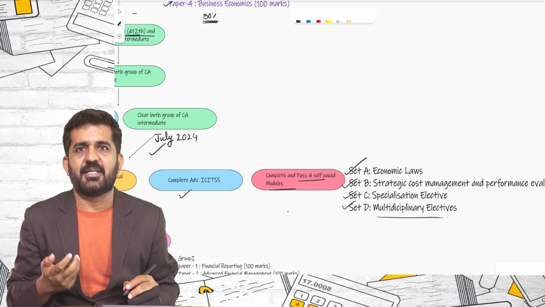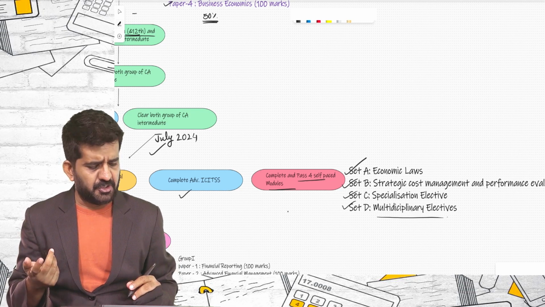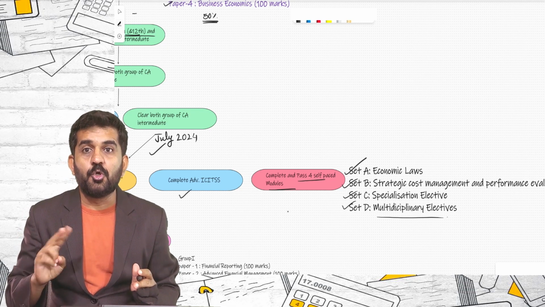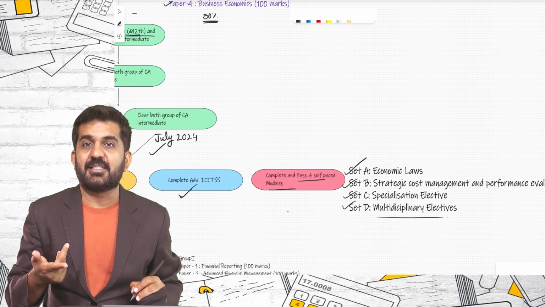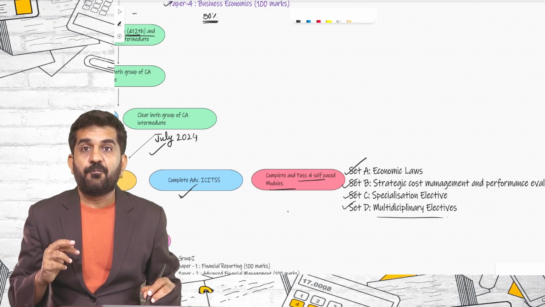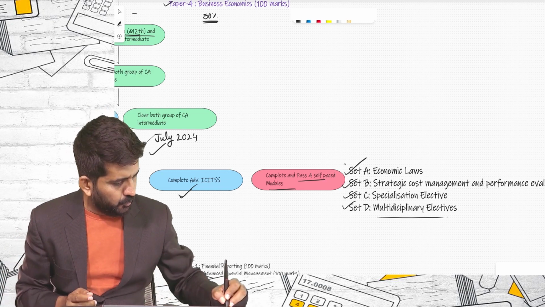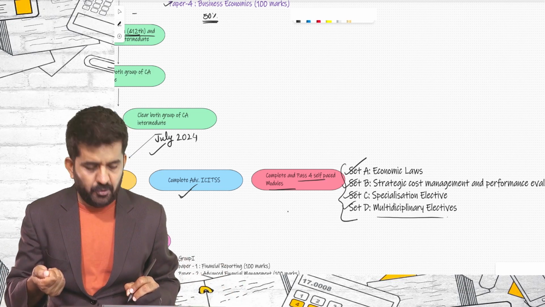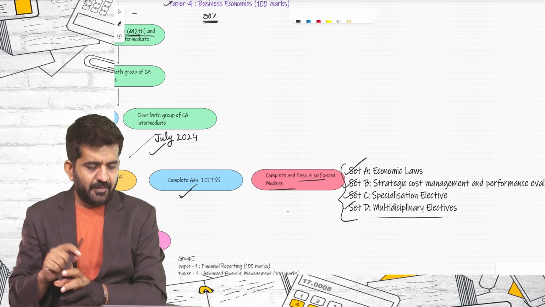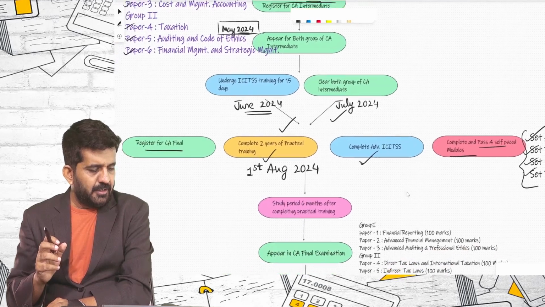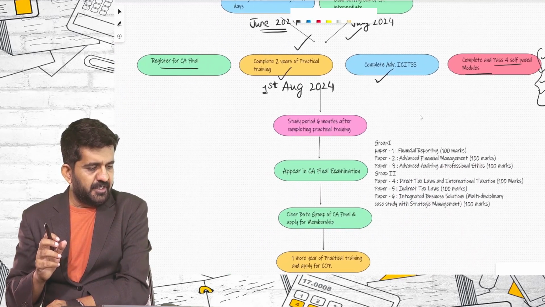Previously we were calling it articleship training. Now it is termed practical training. So during these 2 years, you will be completing your Advanced ICITSS of 15 days and 4 self-paced modules. These are termed self-paced modules. You will be completing 2 years of practical training, and you will be ready to appear in CA Final